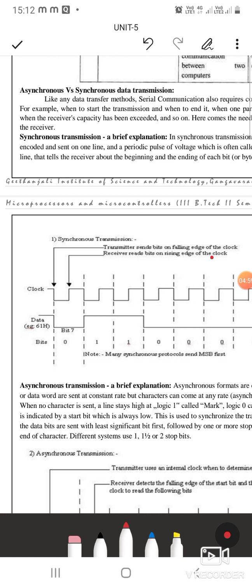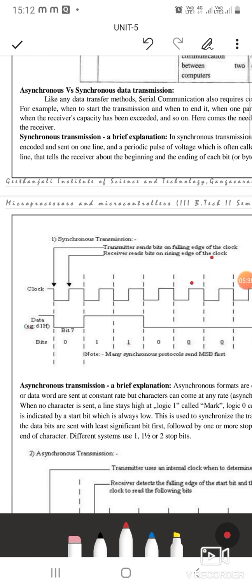So what does synchronous transmission mean? Whenever you want to transmit data from the transmitter to the receiver, the receiver must know when the data is being transmitted, when it has to receive the data, and at what point the communication is going to start or end. We will be transmitting a number of bits to the receiver, so what is the data in that number of bits that has been received? Everything has to be known. So for that we have two types of data transfers: one is synchronous, another one is asynchronous.